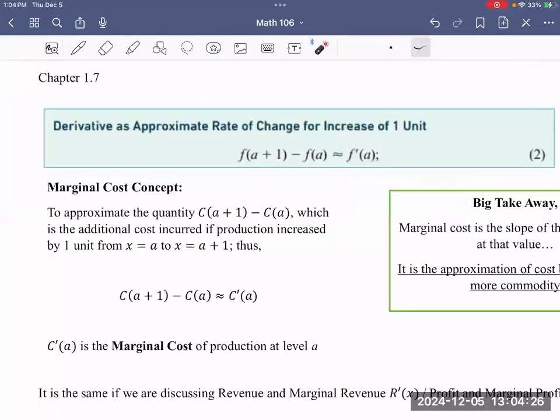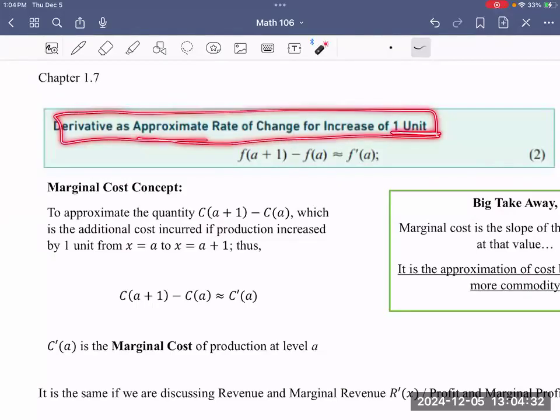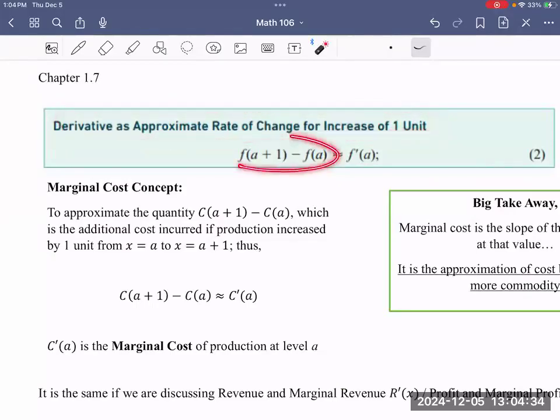Therefore, as a rate of change, the derivative is an approximate rate of change for an increase of 1 unit. An increase of 1 unit is given by this particular formula. This is kind of like the marginal cost concept. So to approximate the quantity,